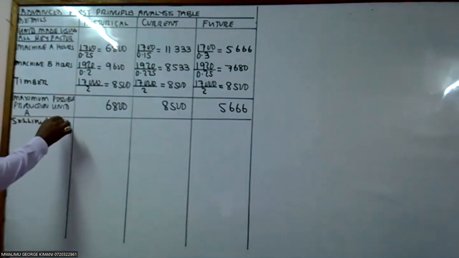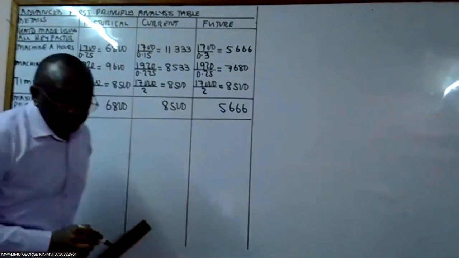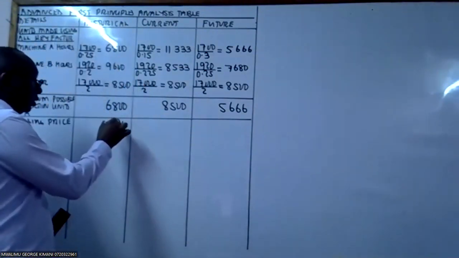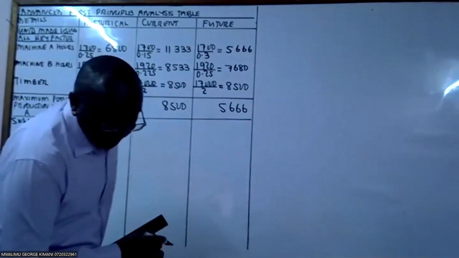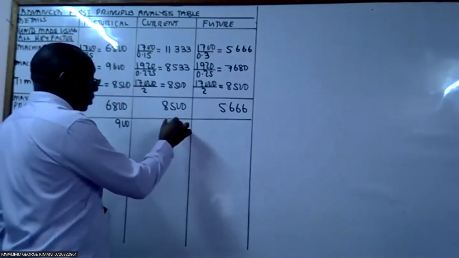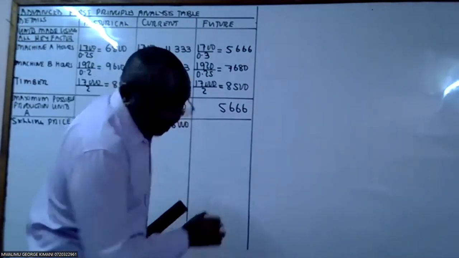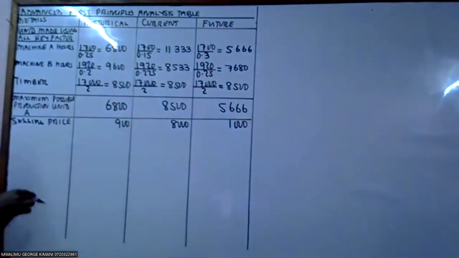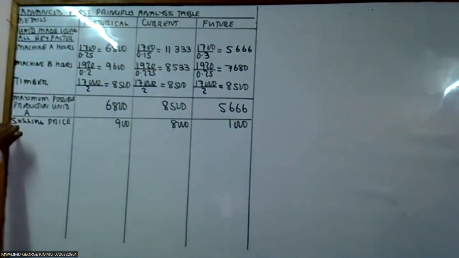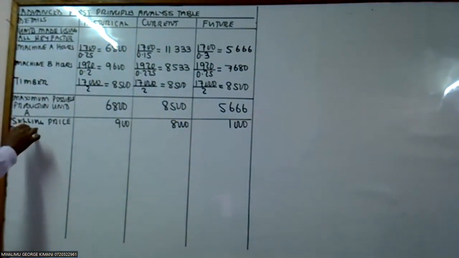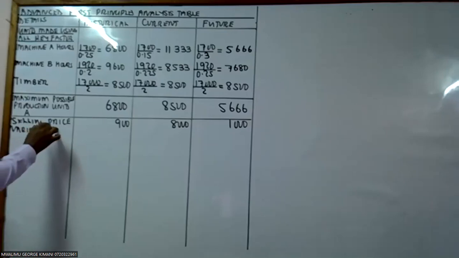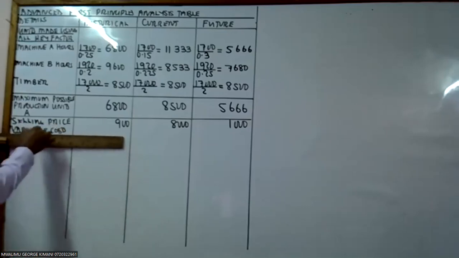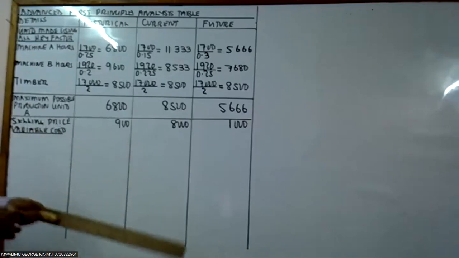Selling price. So the selling price for historical is 900. This other one is 800. And this other one is 1,000. Then variable cost. So the variable costs,